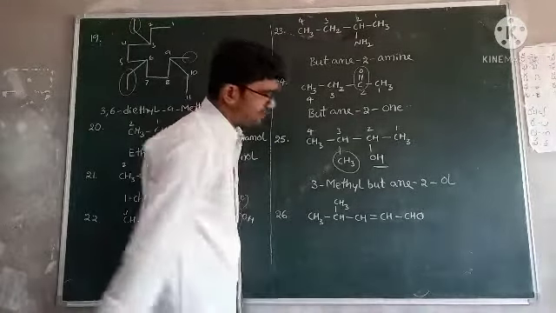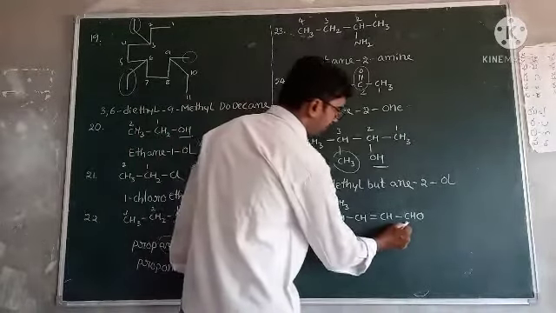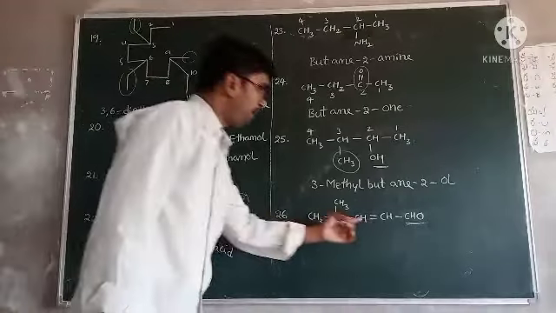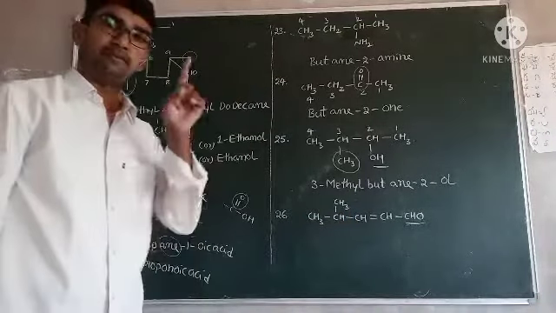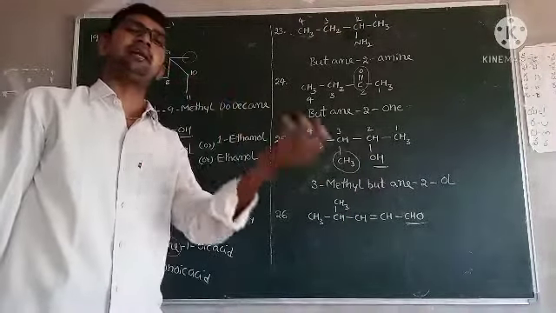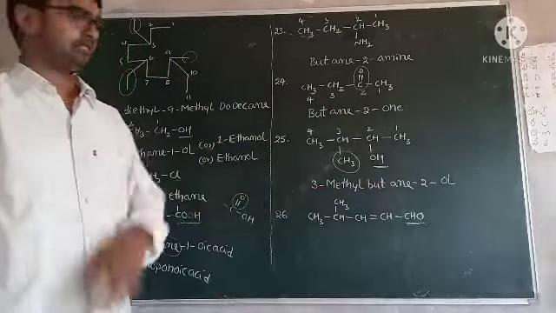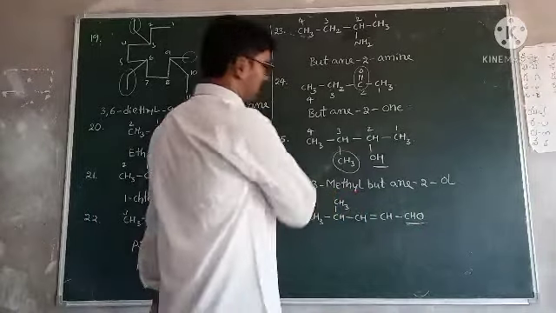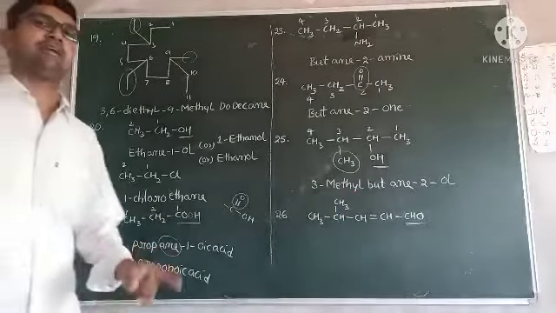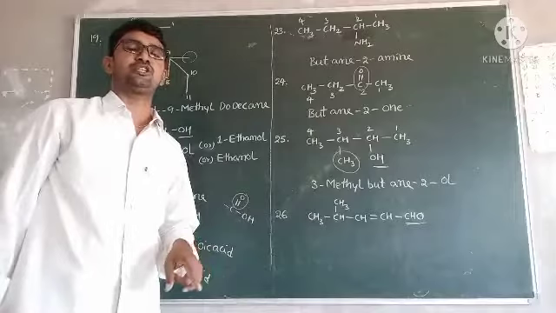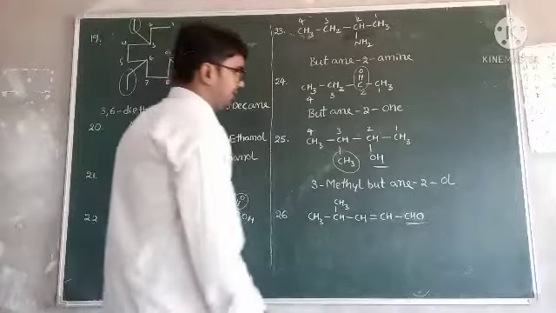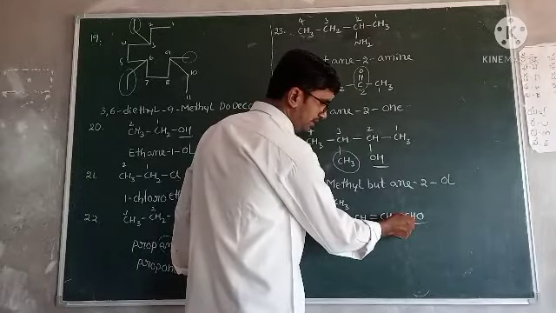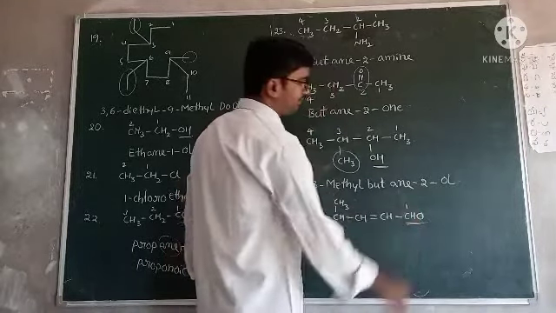In this compound, is there any functional group? Yes, one functional group is present, that is CHO. Aldehyde is present, and a multiple bond is also present, but the main one is the functional group. Second priority is the multiple bond, third priority is the substitution. Actually this compound has functional group, multiple bond and substitution, all three present, but the main one is the functional group. Based on the functional group we have to give the numbering. This functional group contains carbon, so give the numbering from that one.